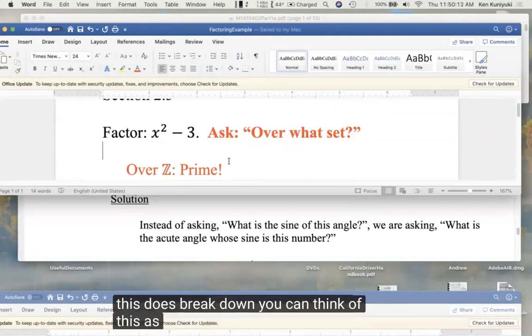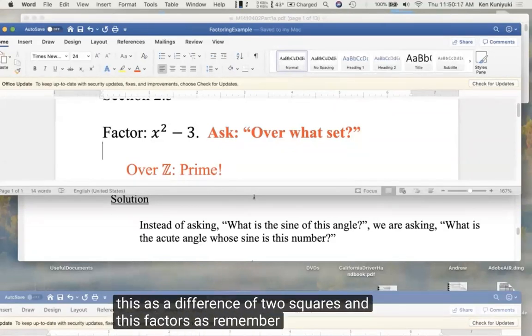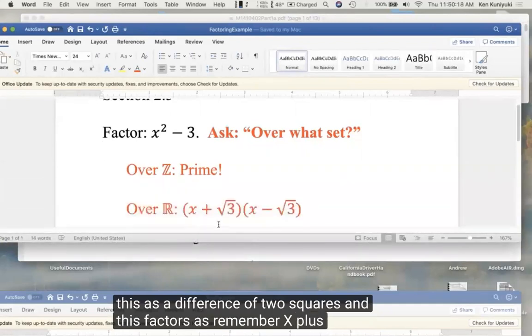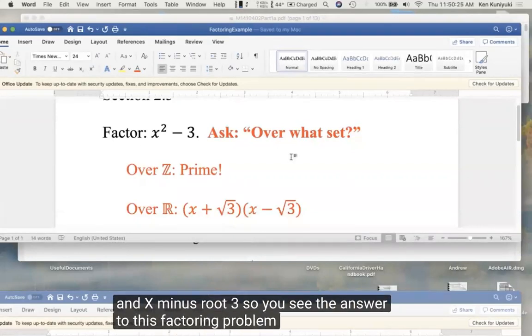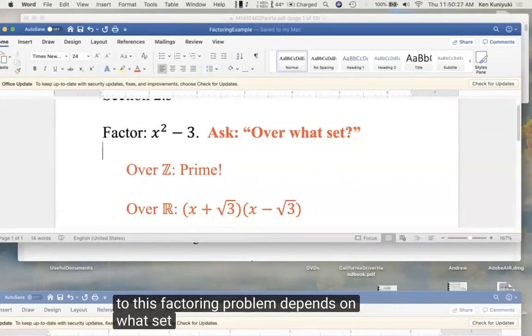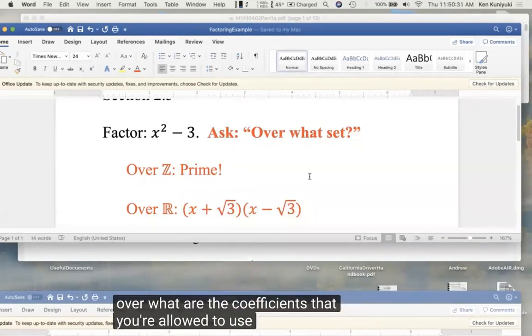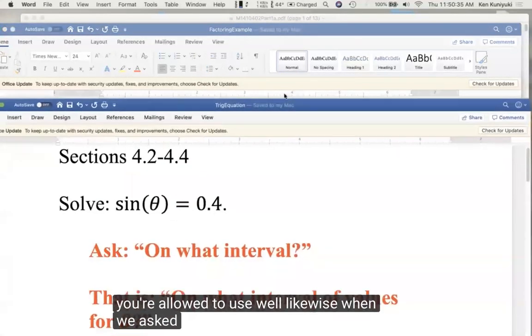You can think of this as a difference of two squares, and this factors as, remember, x plus root 3 and x minus root 3. So you see, the answer to this factoring problem depends on what set you're allowed to factor this over. What are the coefficients that you're allowed to use? Well, likewise, when we asked,